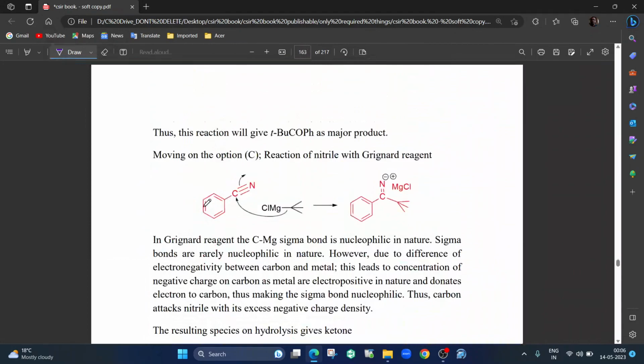C, see what it says. You had benzene with CN on it, so cyanobenzene, which reacts with this Grignard reagent, tertiary butyl MgCl. So we know that magnesium has positive polarity and carbon has negative polarity, because carbon is more electronegative than magnesium, or rather you can say magnesium is more electropositive than carbon, so it donates the electron. The other way to look at it will be